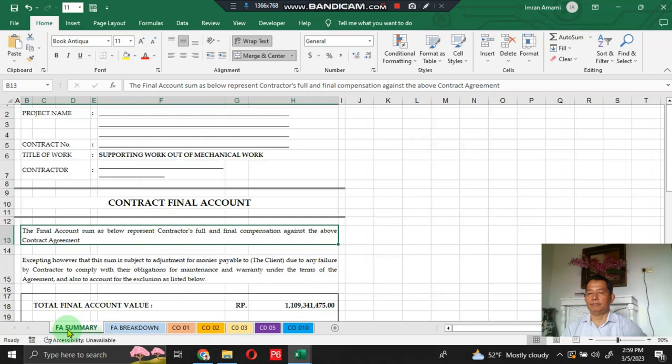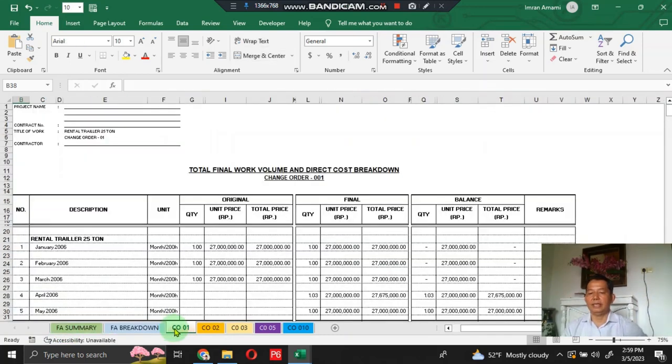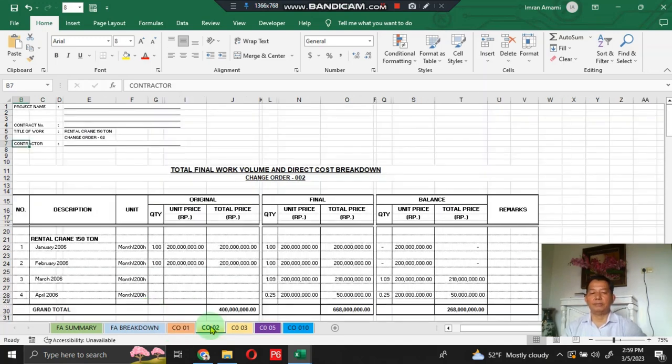This is the final account summary, the final account breakdown. Change order number 1 is for highway trailer rental with a capacity of 25 ton, and this is change order number 2. Change order number 2 means mobile crane rental,